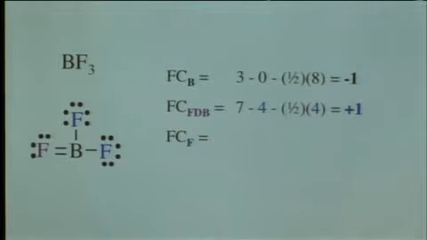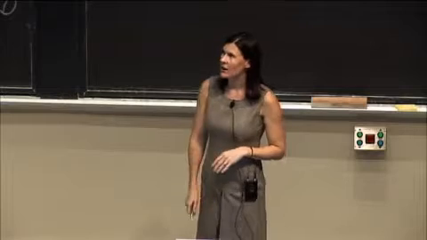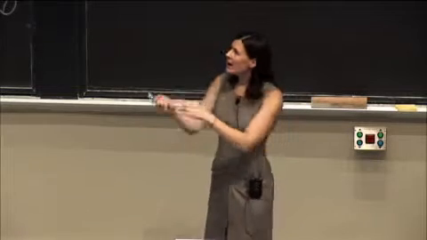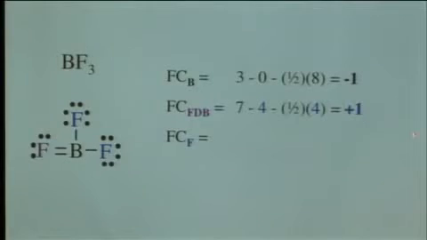What we subtract from that is the number of lone pair electrons, and there are 4 lone pair electrons on this double bonded fluorine. So it's minus 4. Then we subtract half of the shared electrons. Well, we have a double bond with boron here, so we have a total of 4 shared electrons. And when we do this subtraction, what we end up with is a formal charge of plus 1